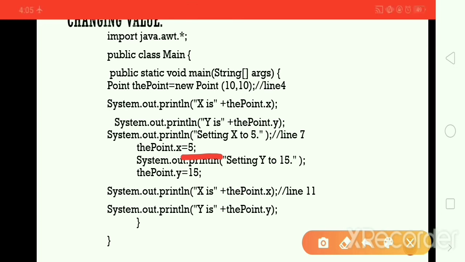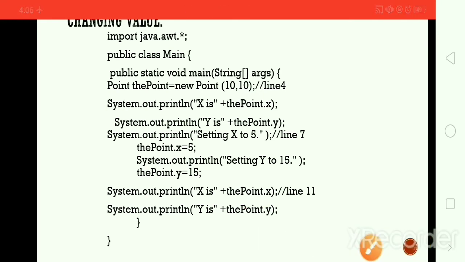In the same way for y I am setting the value 15. Both values I am printing here, point dot x and point dot y.